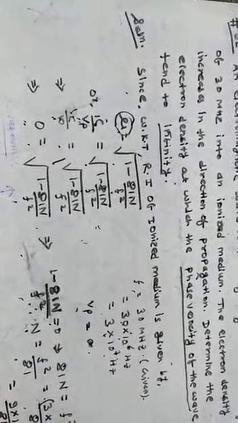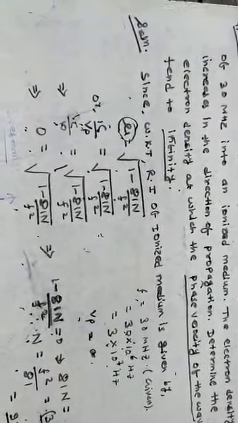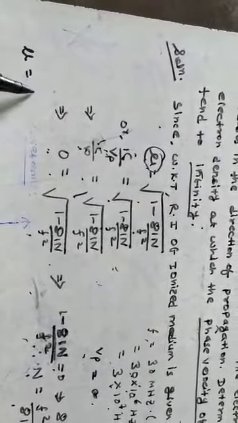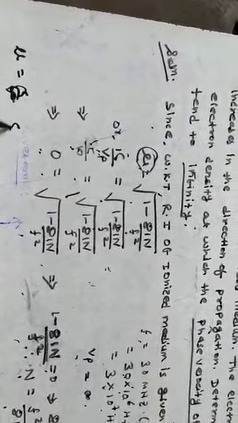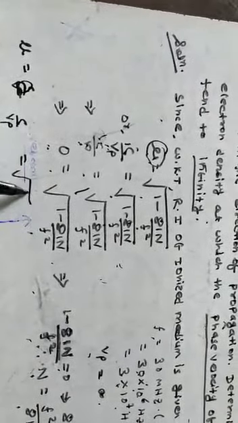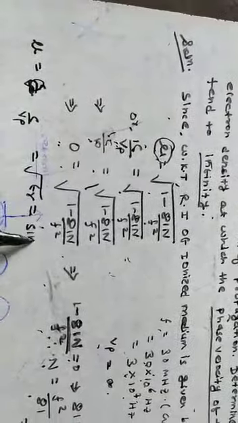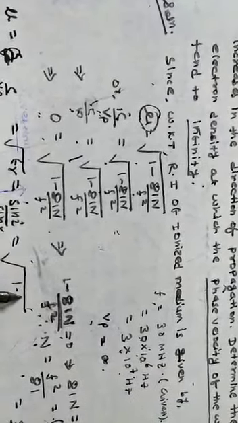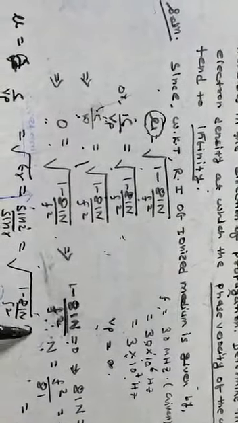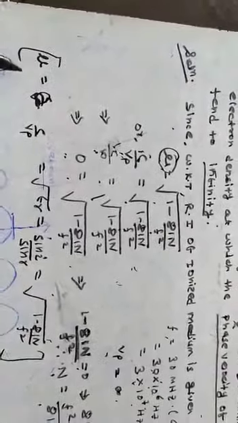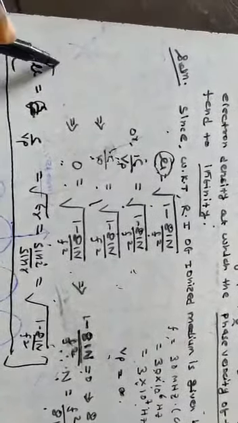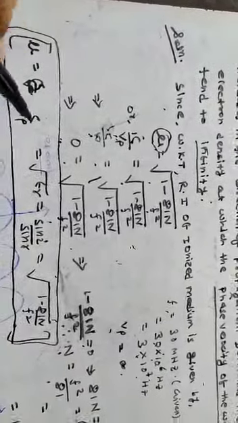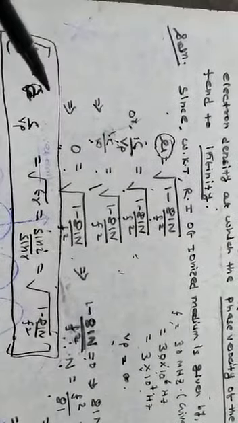Do practice yourself and prepare yourself for this kind of exam question, in which you have the relation of refractive index like mu is equal to C upon Vp, which is also equal to root over epsilon R, which is also equal to sin i upon sin r, which is also equal to root over 1 minus 81N by f square. So this is the complete expression of the refractive index for ionospheric propagation. You have to keep in mind this complete relation, so that if any question is asked based on any other unknown parameter, you will be able to solve the numerical.